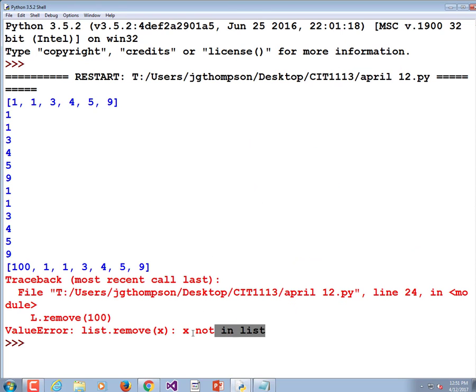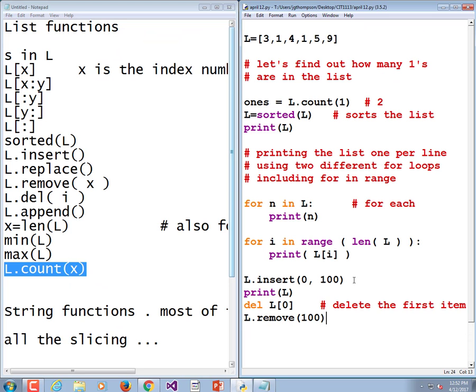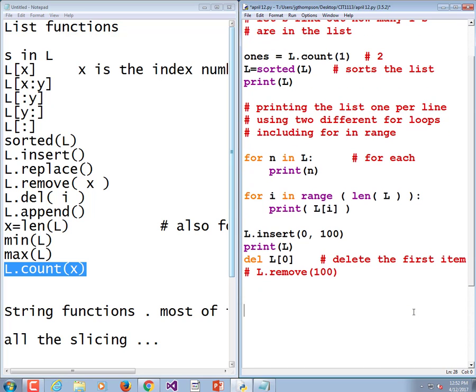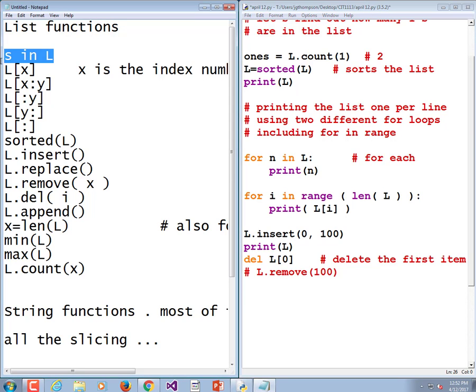Nope. It said X is not in list. So if you're trying to delete something, you might put it inside of an if statement. That would look like this. I'm going to comment that out. I want to make sure it's in the list, and that's the very first thing I did here. This checks to see if it's in the list. If 100 in the list,